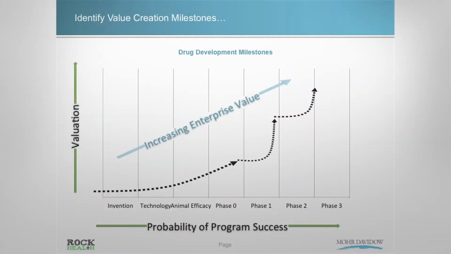So the first example, I'll start with looking at life sciences, just because this is a very simple way to understand value creation. Some of you are familiar with clinical trials for a therapeutic, and the way valuation works with therapeutics is somewhat linear, potentially exponential. You've got a drug, you validate the drug somehow, you take it into animals, then you do a phase 1 trial, phase 2, phase 3, and throughout this process, value is created along the way.